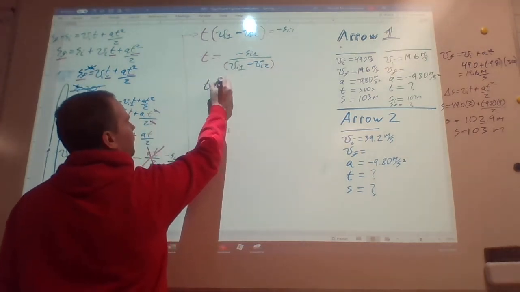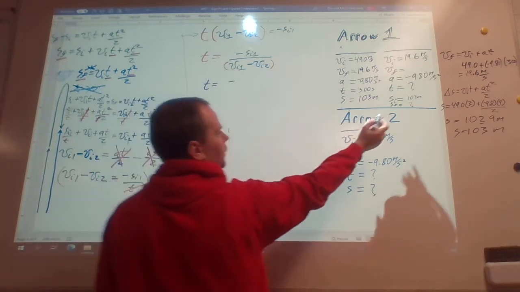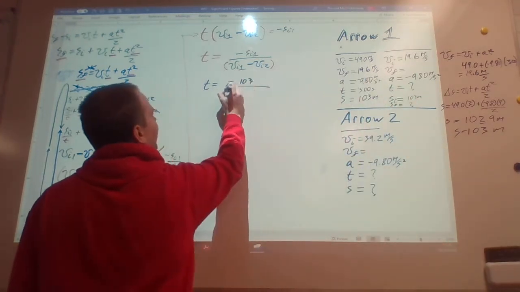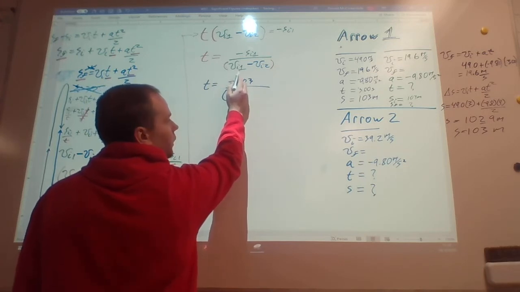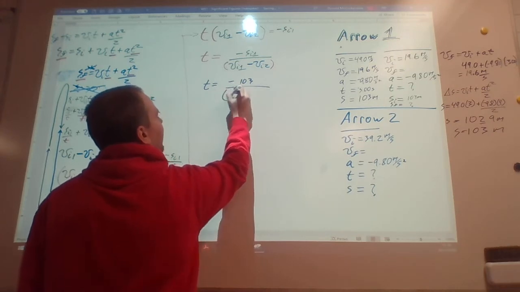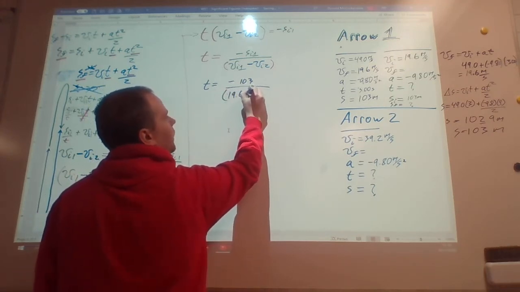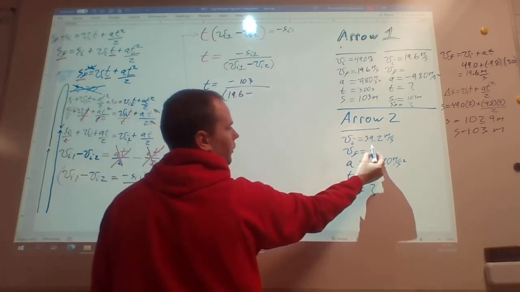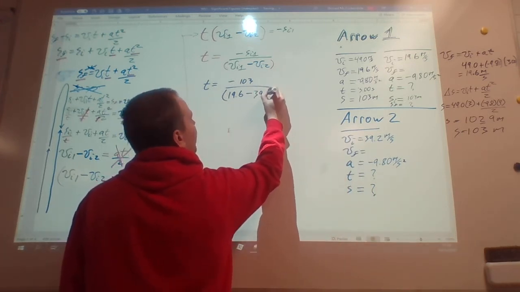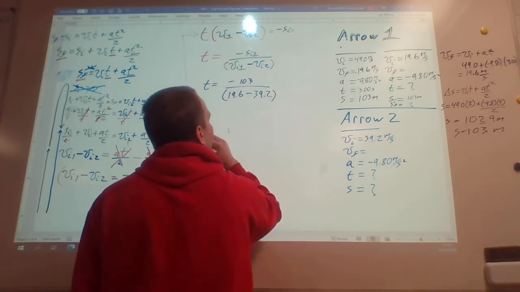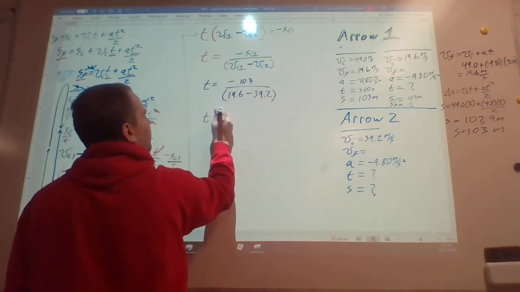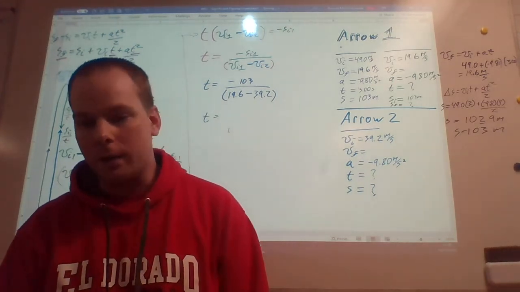So now plug in numbers. t is equal to negative 103 divided by vi1, that's the initial velocity of arrow 1, 19.6, minus the initial velocity of arrow 2, which is 39.2. And then we just need to calculate that. So t is equal to, grab a calculator,